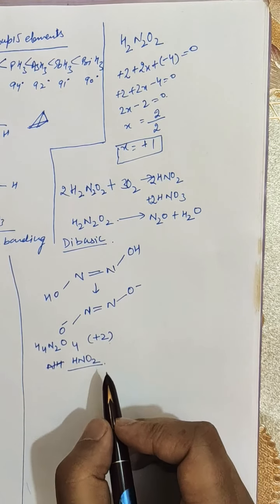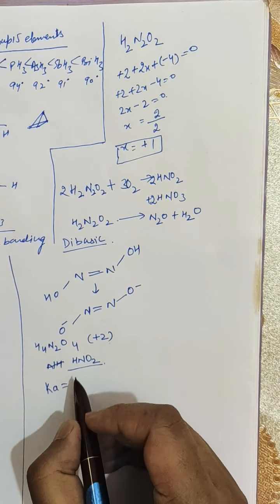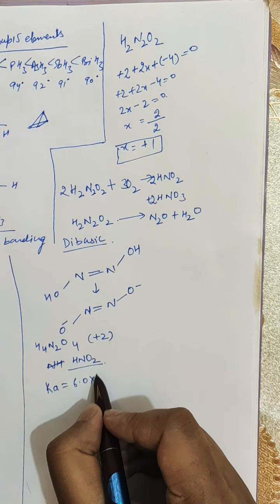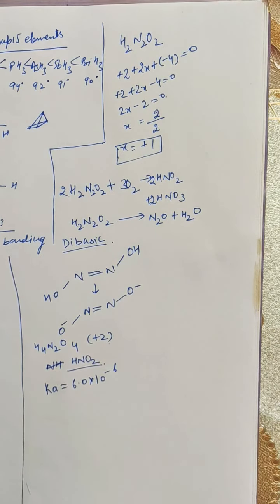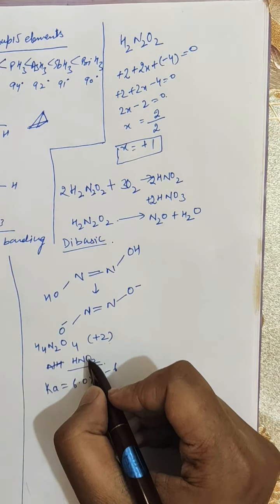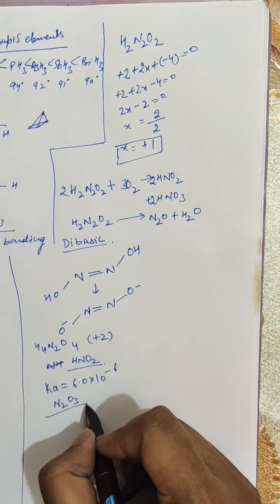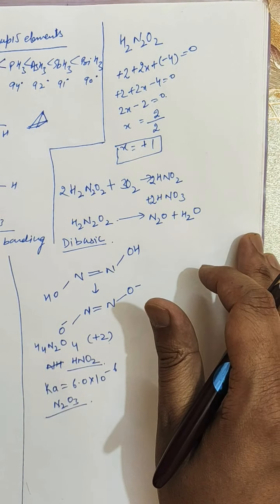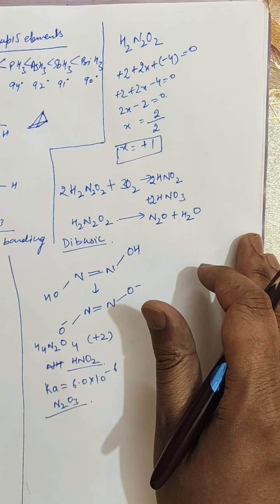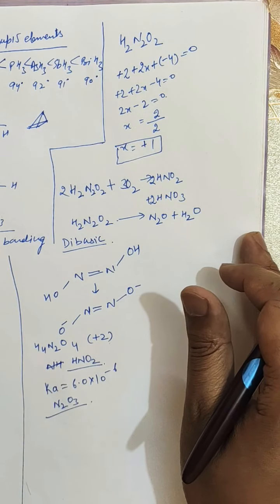Nitrous acid is a fairly weak acid with a dissociation constant Ka equal to 6.0 × 10 raised to the power minus 6, and its solution is slightly blue in color, which may be due to the presence of N2O3. So its solution is blue in color. This is due to the presence of dinitrogen trioxide. Further, it decomposes in aqueous solution. It converts into nitric acid, H2O and nitric oxide.